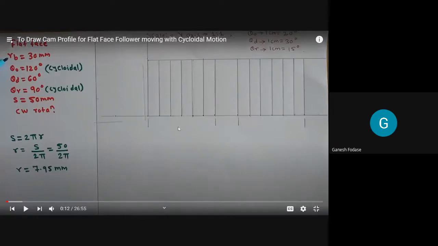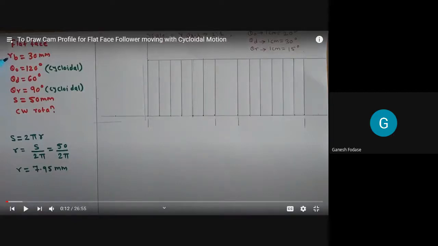Is it okay? You understand what to learn through these lectures, or through this numerical particularly? Are you getting what we are going to discuss now? Because before starting, you must know what we are going to do now. Is it clear which motion we are going to discuss now? Yes, sir. Which motion? Which follower motion are we going to discuss?